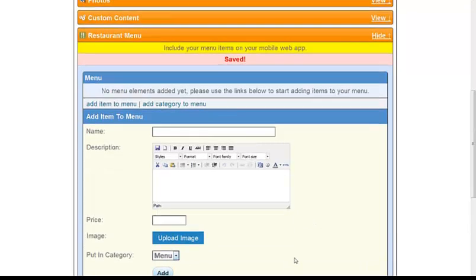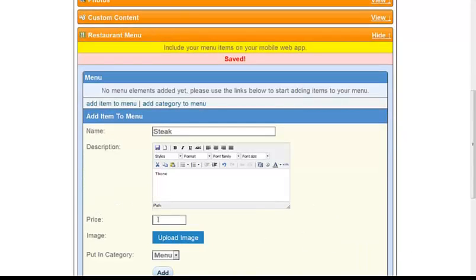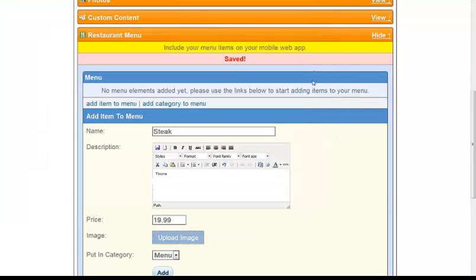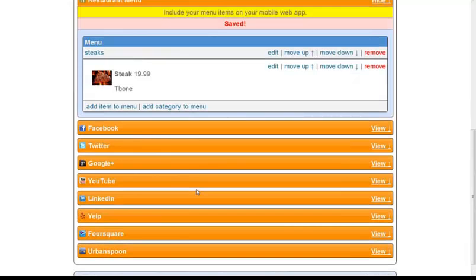You can drop this down here and put it in whatever category you want. We're going to say steak. Just put some stuff in here real quick. T-bone, $19.99. Upload an image. I happen to have a T-bone, and we're going to add it to the menu.